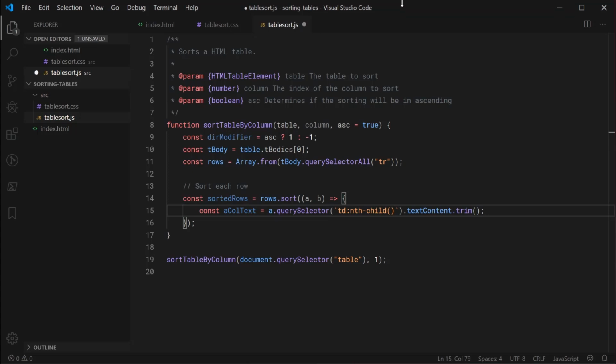Okay, so now inside this nth-child, what's it called? CSS pseudo class, I believe, or pseudo selector. I'm not entirely sure. I forgot. But inside here, we're going to be passing in column plus 1. Okay, so basically we are saying get the table data or the table cell element at the index